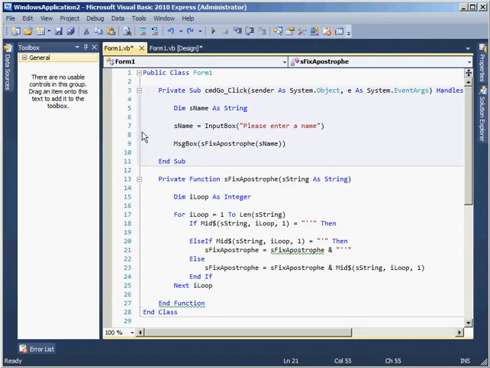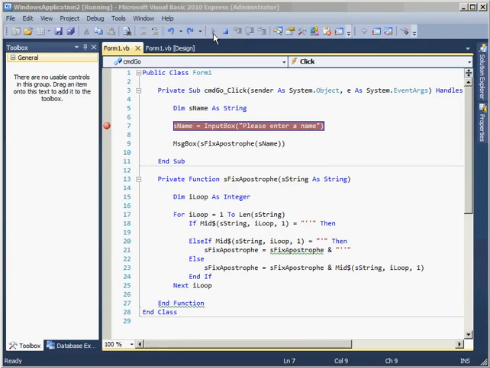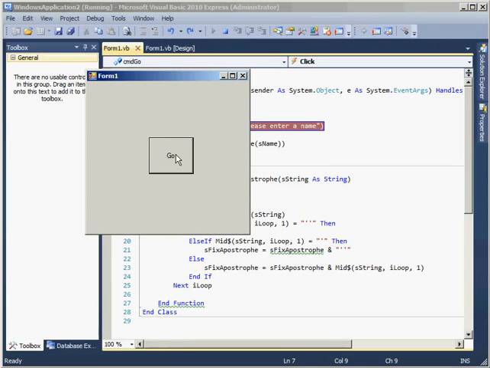So as part of the selection process in here, it basically says the name of the function is set to something. So let's see how this works. If we just put a breakpoint on and run it, if we click on go,